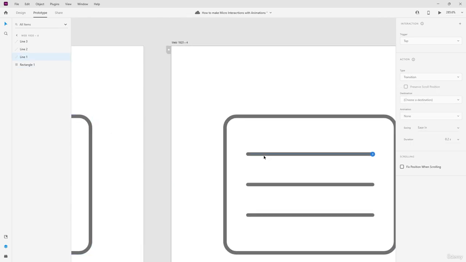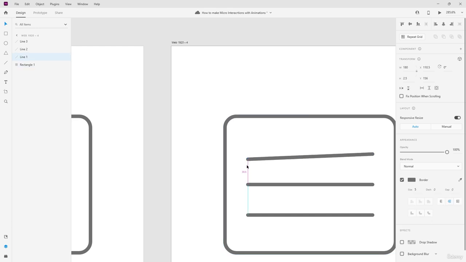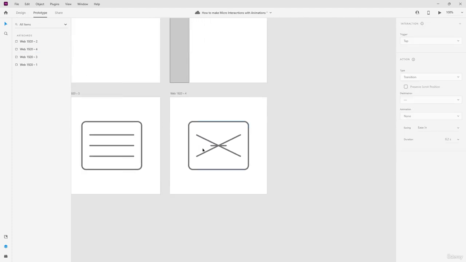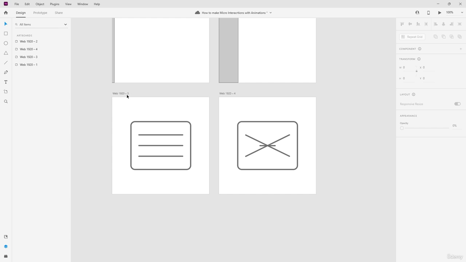If I go to design now, I have to select this and then drag it like that. Now I have to select this and then drag it on top like this. There you go. Right. Now I'll select this, then I'll drag it to the center like this. There you go. Now go back to prototype over here, select this one, then I'll drag and drop it like that. Once I go back to design over here, select my artboard, web over here,